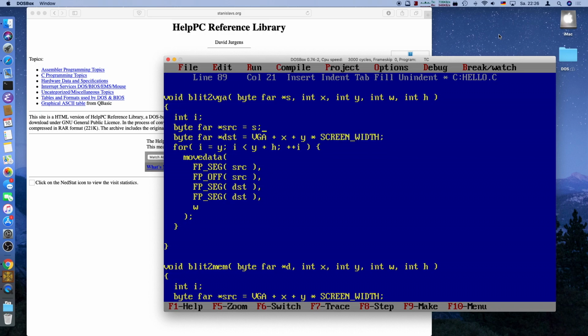So, this looks good. So the source pointer is whatever the user supplied, the destination pointer is the VGA pointer as defined before. Then we iterate over all the things here, and